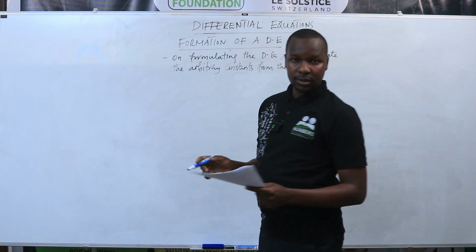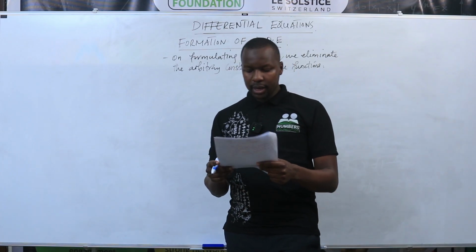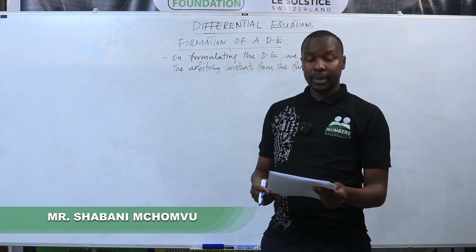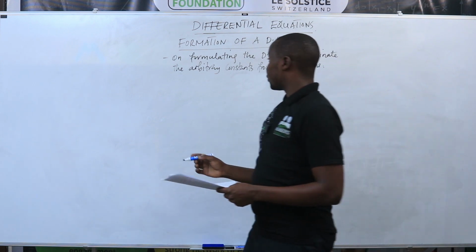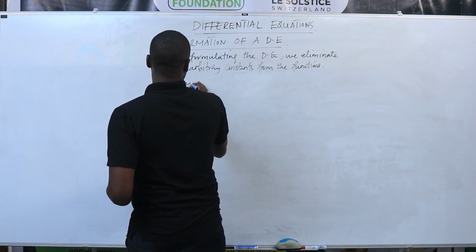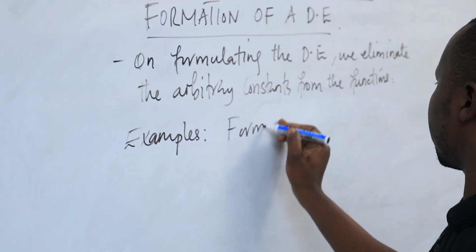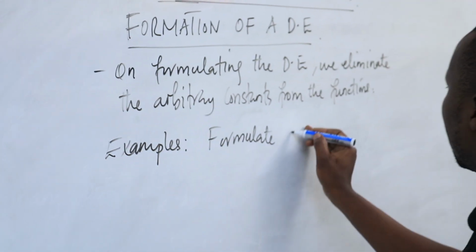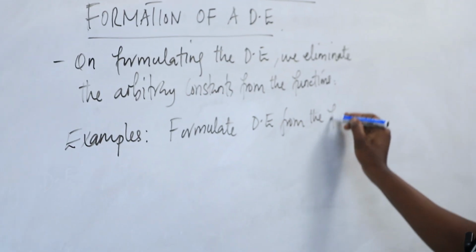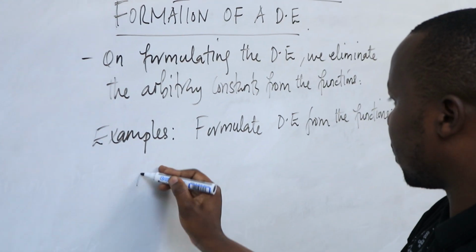Now, these arbitrary constants are decisional constants that we need to eliminate so as we can have a differential equation that will involve the independent variable and the dependent variables. For example, examples, maybe we are supposed to formulate differential equations from the functions below. Number 1,